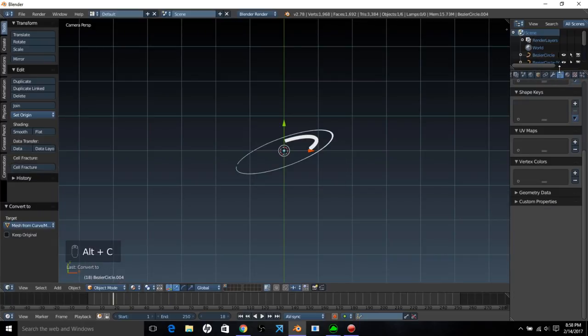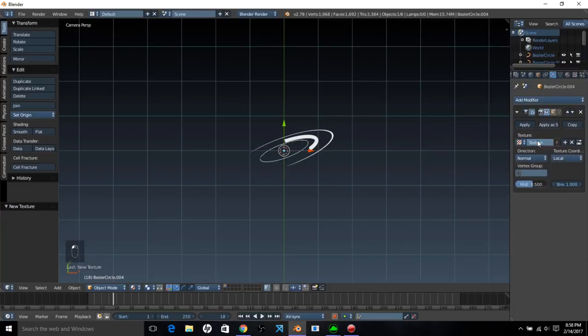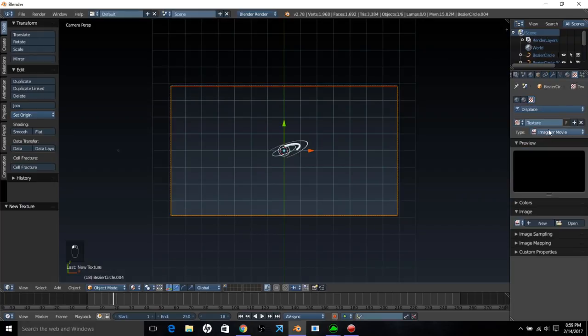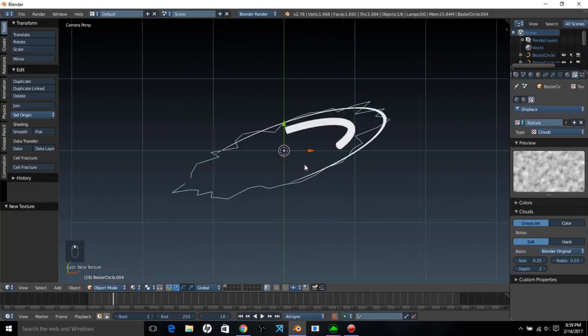mesh. Now what we're going to do is add a displacement modifier that's going to kind of squiggle it around. So go into the modifier section and click add modifier displace, and click new to add a new texture for this to displace to, and go into the texture tab and change it to a clouds texture. Now you see we've got some